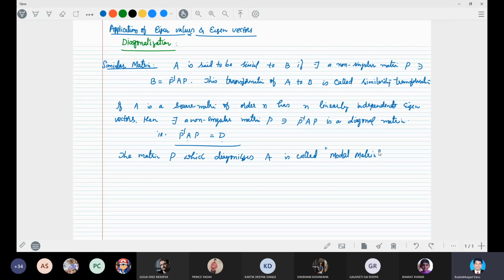This P matrix is called the model matrix, and the resulting matrix